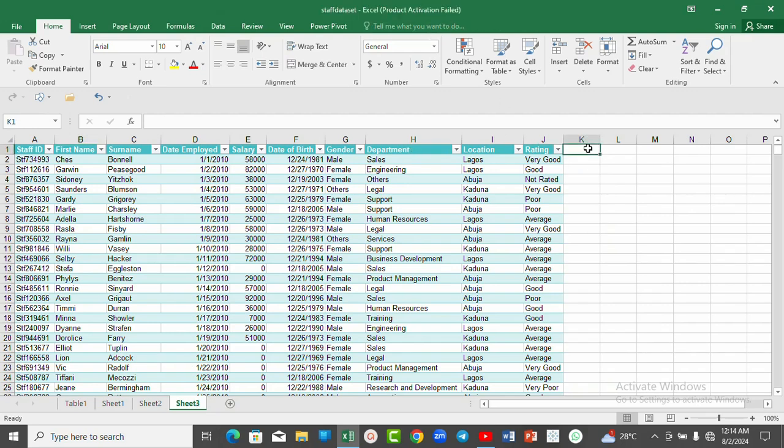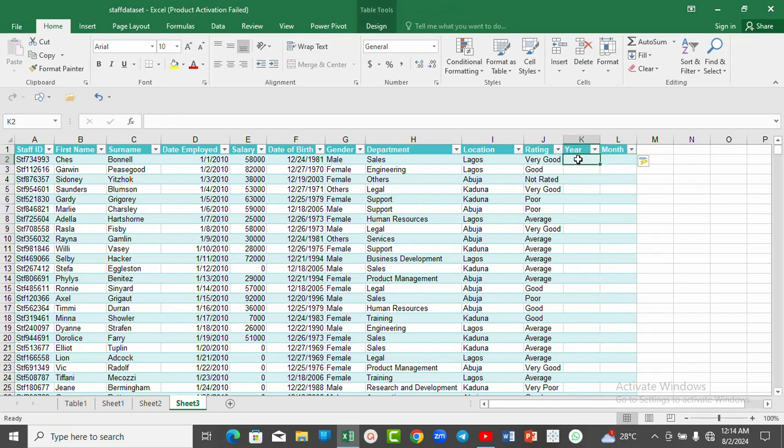So how do we go about getting the year and the month column? First of all, you type it manually, year, enter, then month, enter. So how do you get the year column? Press your equal to and type year. So getting your year is very easy. You use this here, click on this place and click enter. You have 2010. Then for the month, you do same thing,